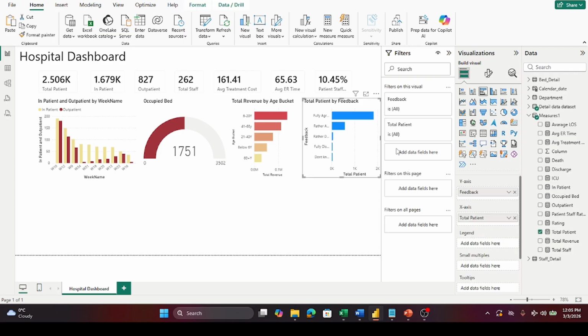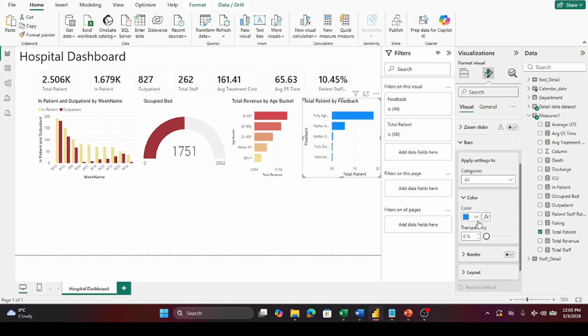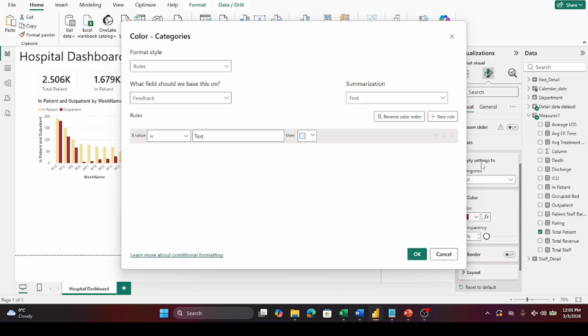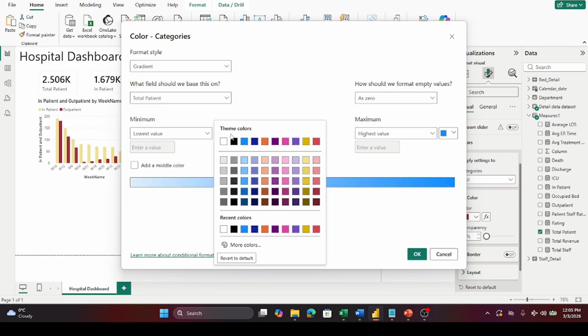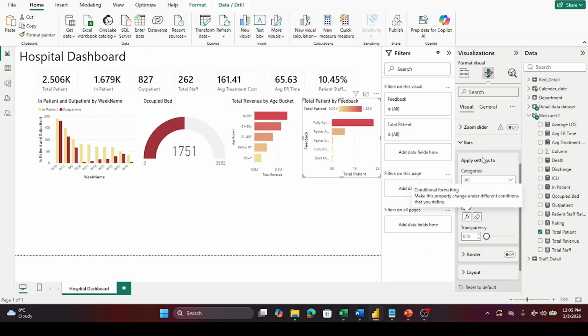And the same thing we can do with that. We'll create a gradient by total patients, and